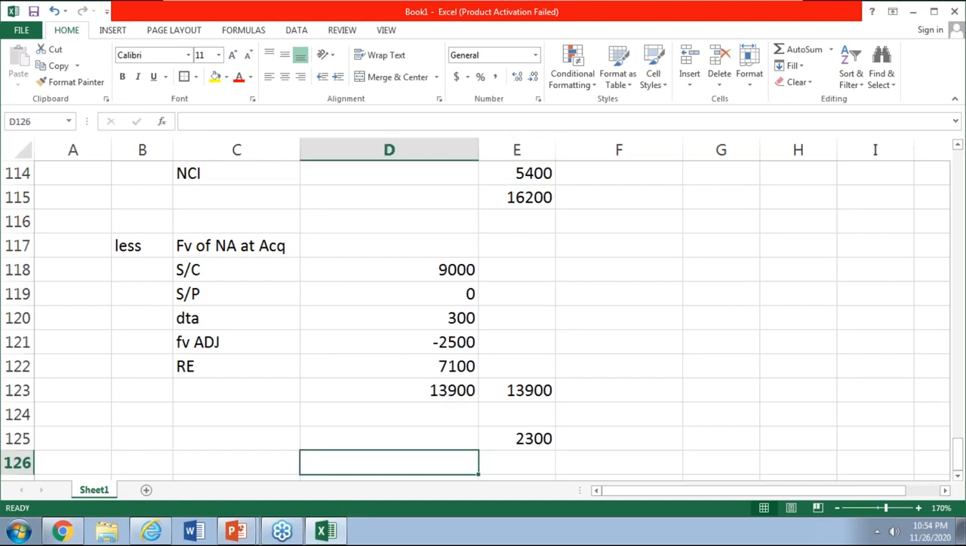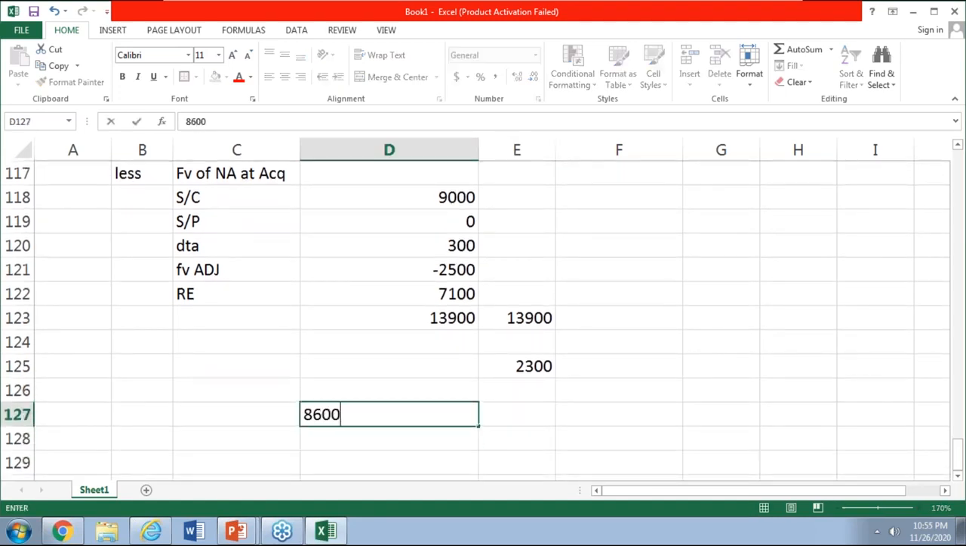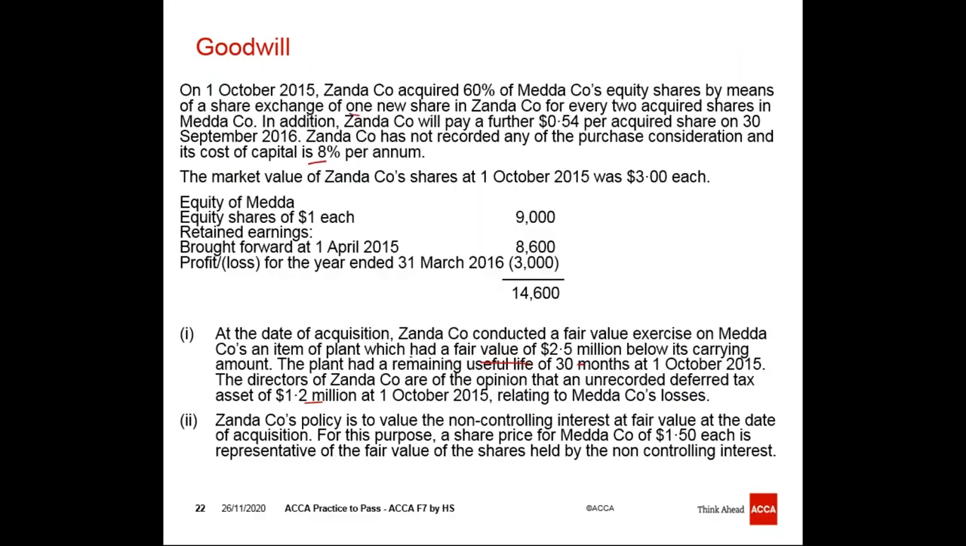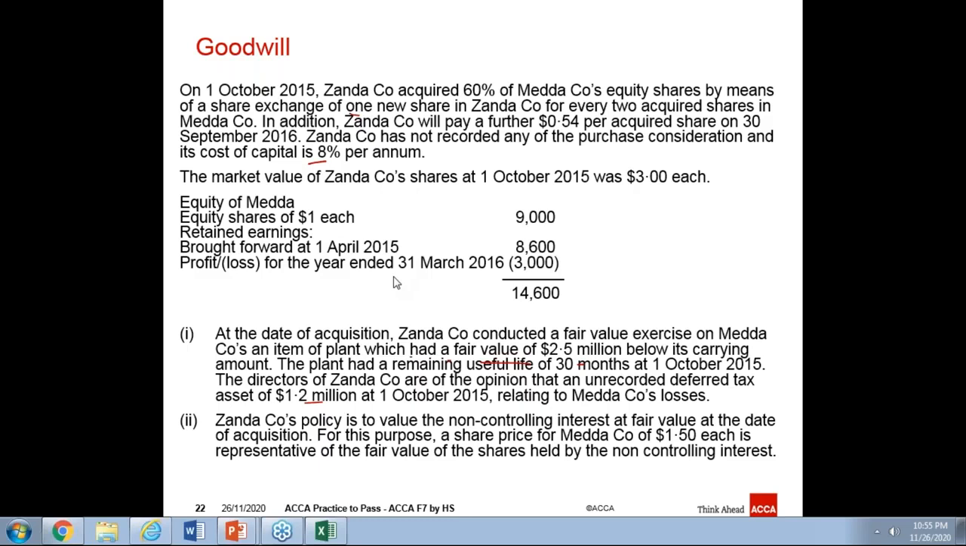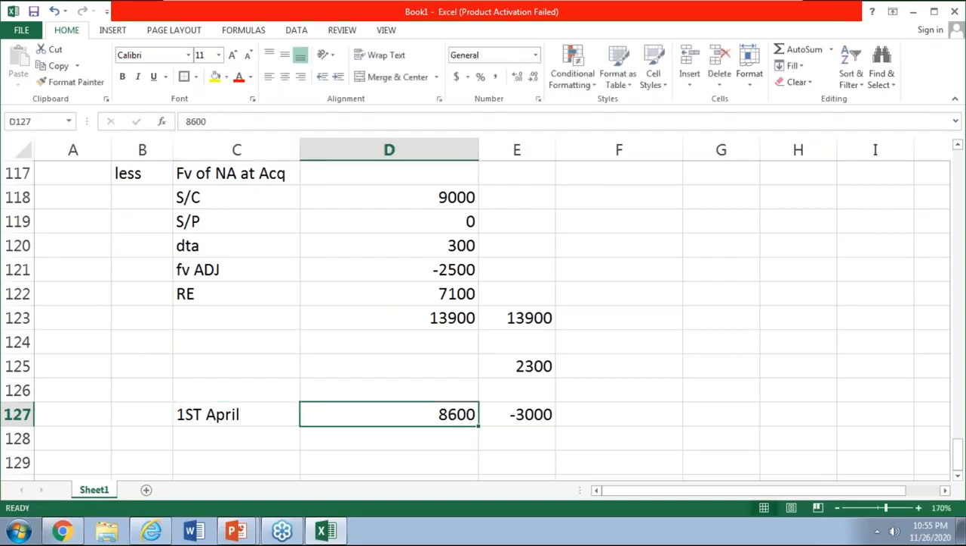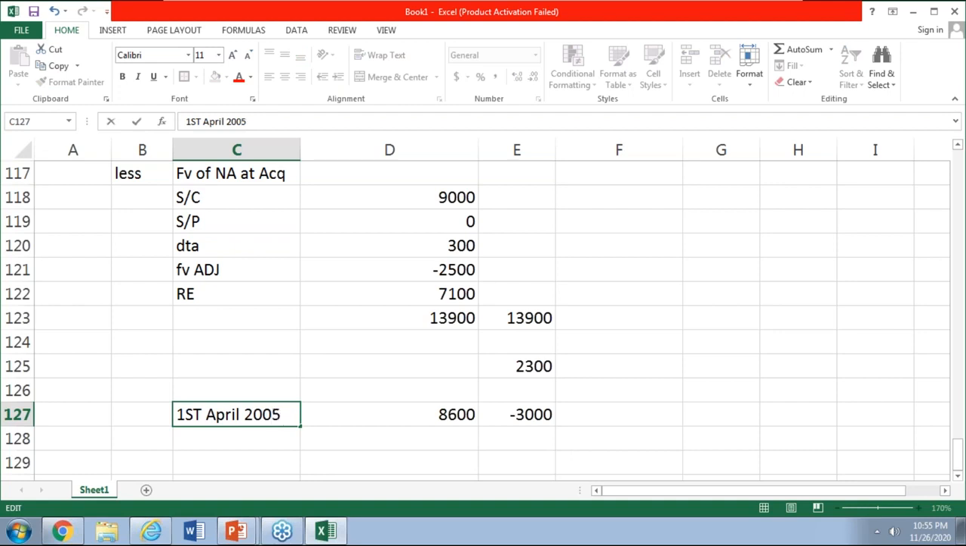Okay, 7,100. You can see here that the opening retained earnings is 8,600, and in the current year, the company has earned a profit of 3,000. But the date of acquisition is the middle of this year, and in the post-acquisition period the company has suffered a loss. So if I make a timeline, it will be much easier for you to understand. The retained earnings on 1st April 2005 is